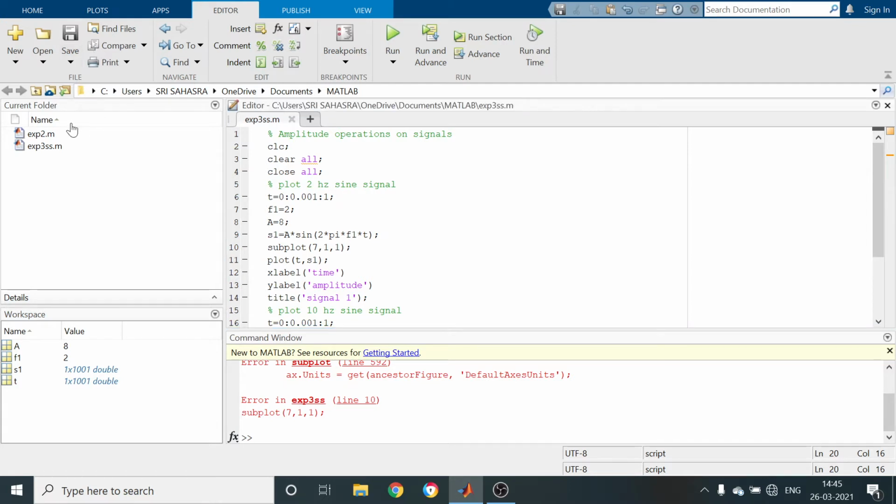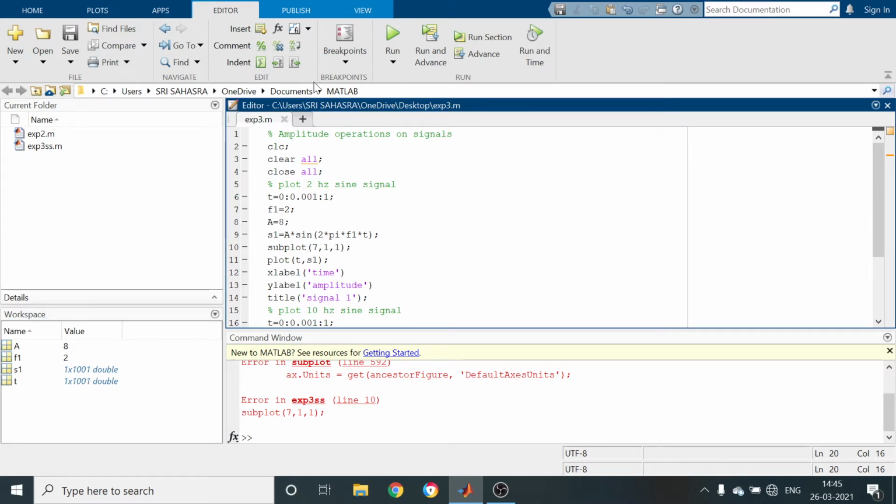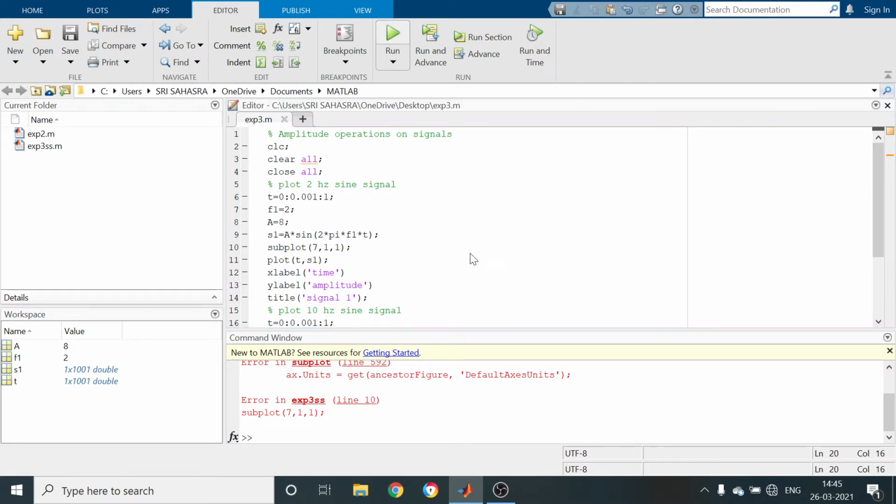I am once again going to save the program on the desktop as experiment 3. Save. I am going to run the program. For this one I have to add the path. As soon as you save the program, you get a prompt like this, add to path.